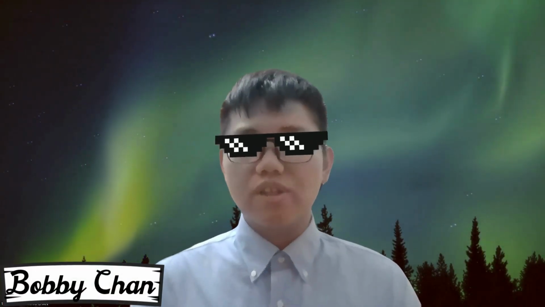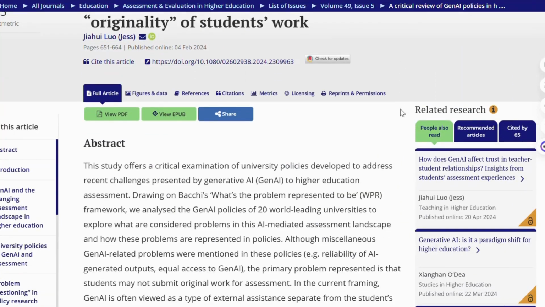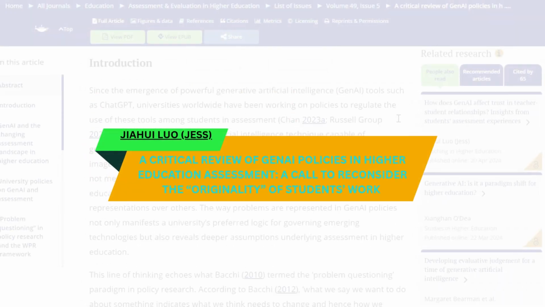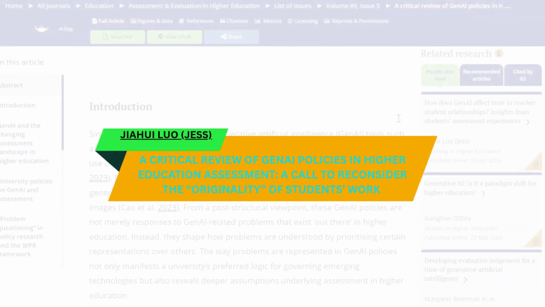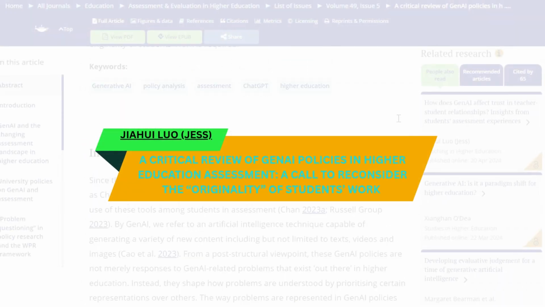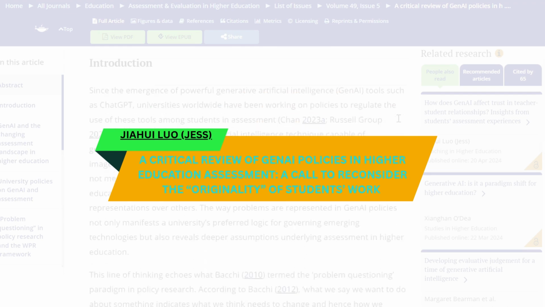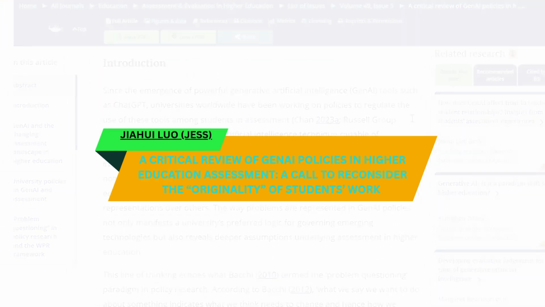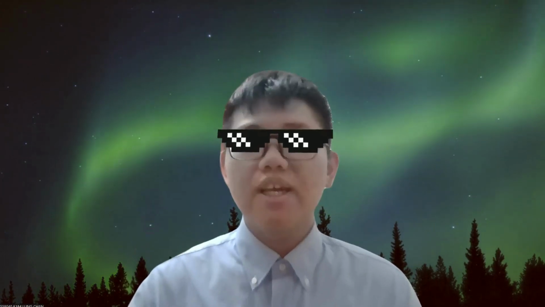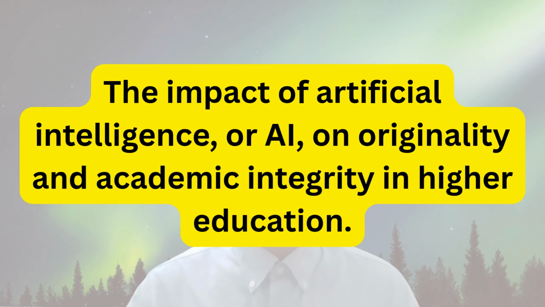Before we dive into today's topic, I want to highlight an insightful article by Jess Liu titled A Critical Review of GenAI Policies in Higher Education Assessment, a call to reconsider the originality of students' work. Now, let's jump into a subject that's both fascinating and incredibly relevant: the impact of AI on originality and academic